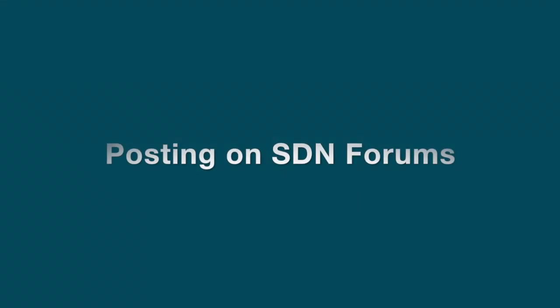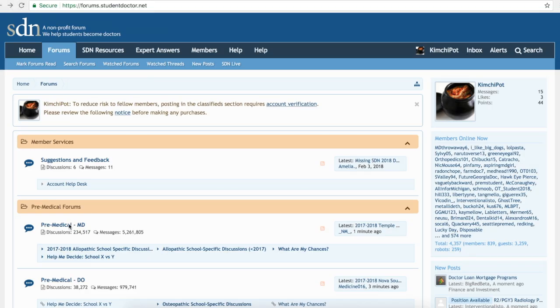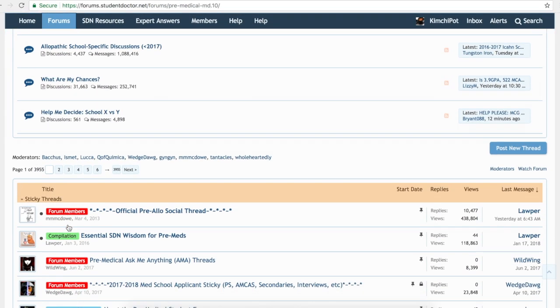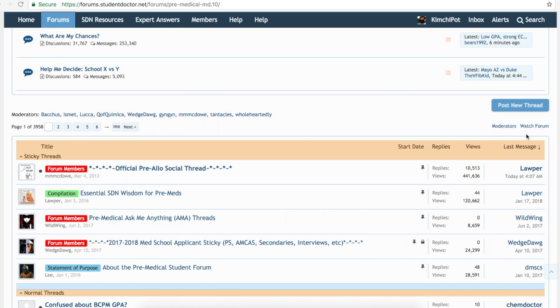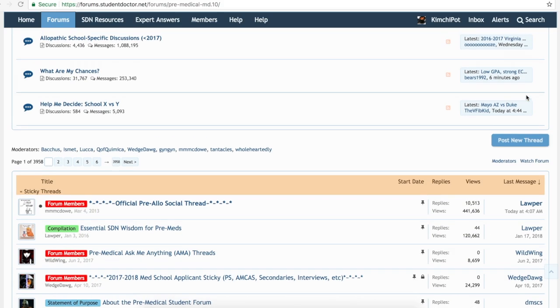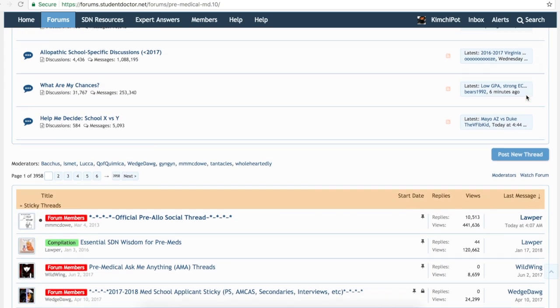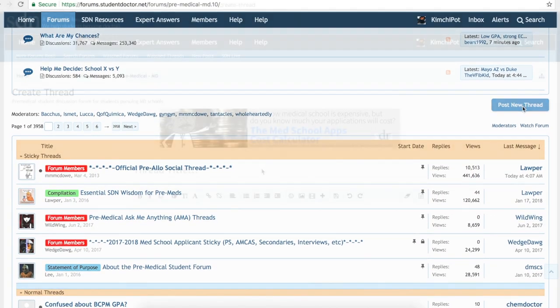Once you have an account, you can begin posting to the SDN Forums. To do this, choose the forum in which you would like to post. Then click on the Post New Thread button within the forum. This blue button is on the right side and found above the forum threads. Please notice that some forums, like this one, have subforums listed, and the Post New Thread button is located below